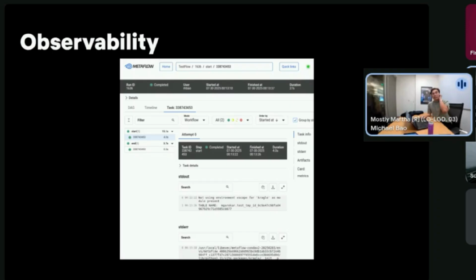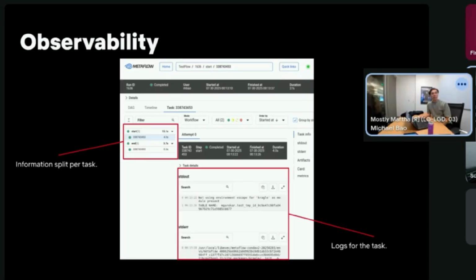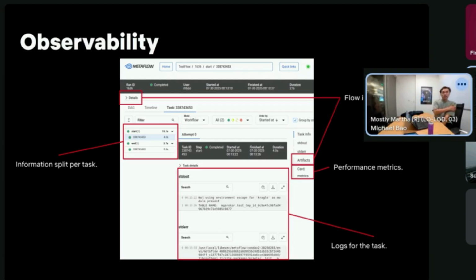And finally, I'll note that the Metaflow UI has provided pretty great observability for us. It's able to split the tasks on the left-hand side, show us the logs for the task, and then show the details, which are the tags and the input parameters for your flow, as well as the artifacts produced by your flow, as well as performance metrics, all in one place. This really makes it an attractive option in terms of basic observability,